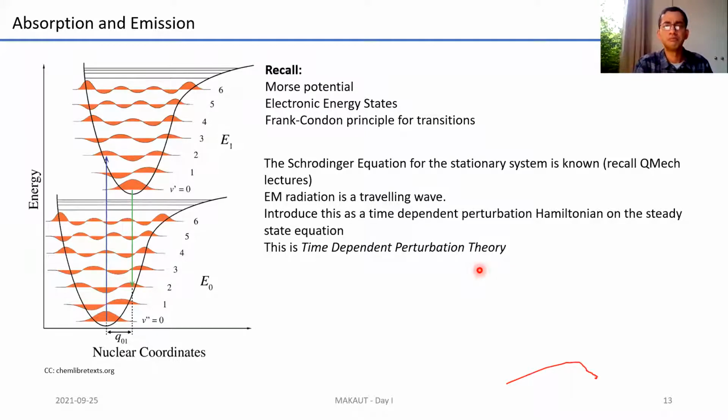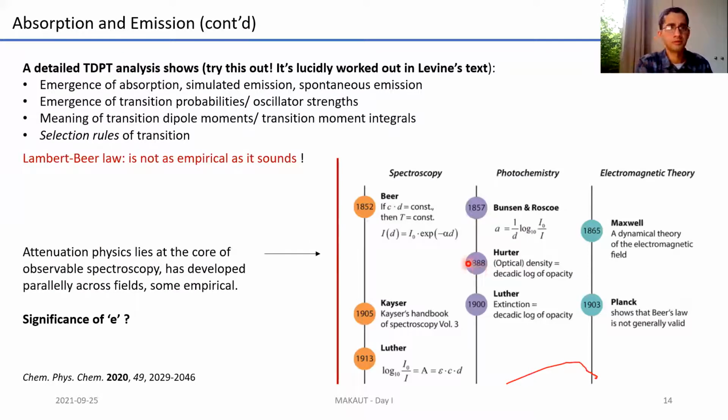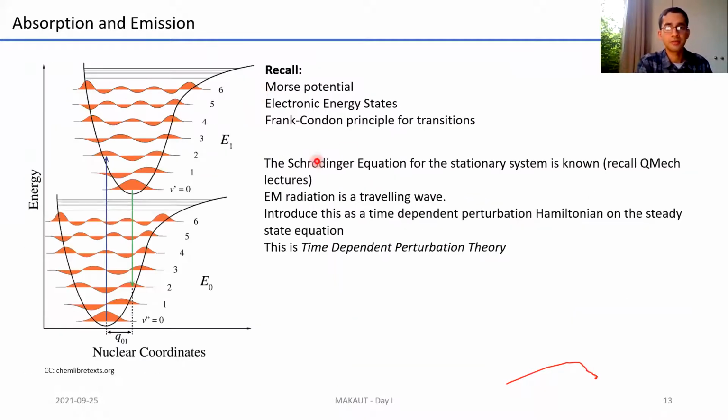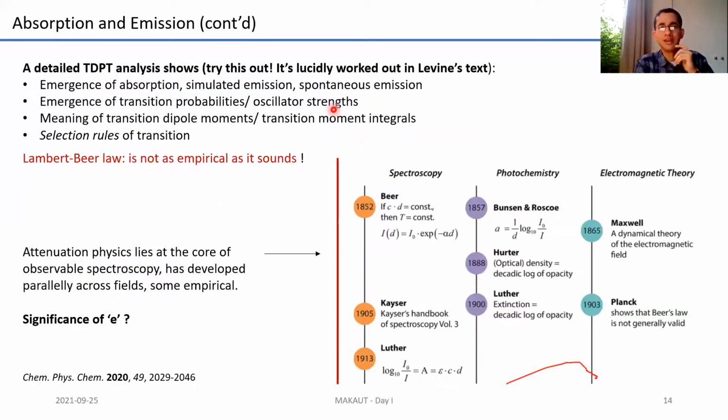So a little bit more into this: if you do this kind of a time-dependent perturbation theory analysis, that is, you set up a Hamiltonian of the electromagnetic radiation, apply it on the Hamiltonian of the stationary state, and solve for the energies. Remember, this is reasonably easy. It's not terribly difficult. You don't need things like tensors and density matrices and so on. It's worked out in Levine's text. For those of you who follow quantum chemistry by Levine, it's a fairly reasonable derivation in the chapter on time-dependent perturbation theory. It's there in many other textbooks as well, including Walter Struve, which also has a good discussion on this.